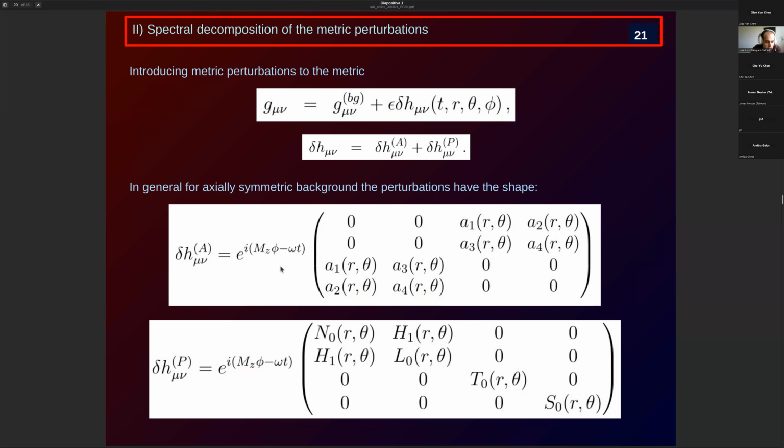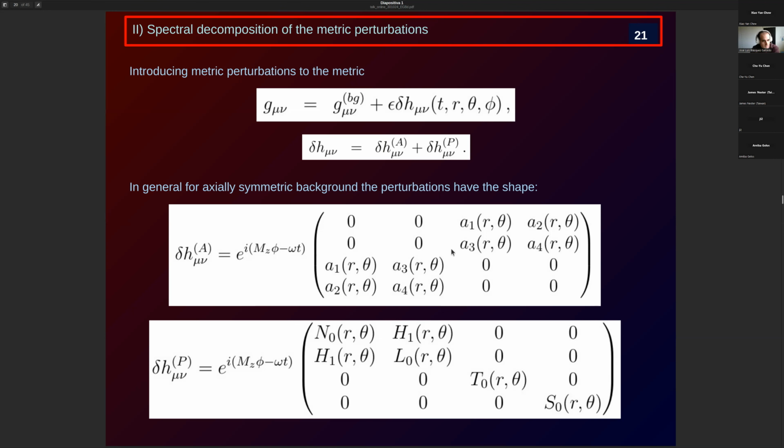And because we are interested in the resonances, the quasi-normal modes, we assume that the time dependence of the solution is also harmonic with this omega. This omega is going to carry the frequency and the damping time of the perturbation. In general, it's going to be a complex number. The real part will be the oscillation frequency, and the imaginary part is going to give us how this perturbation decays exponentially with time. That's going to determine some characteristic time that we call the damping time, okay?